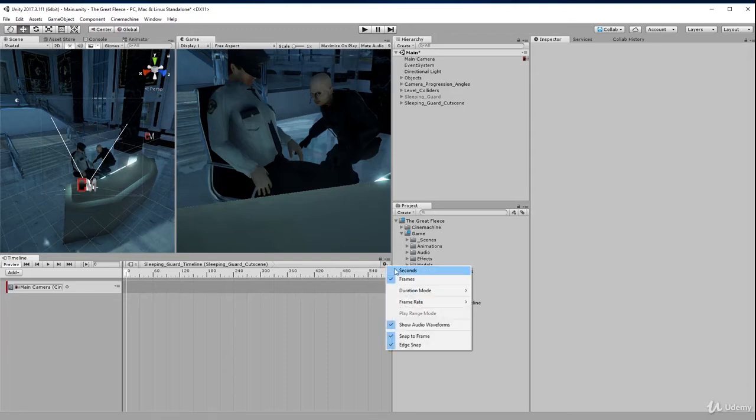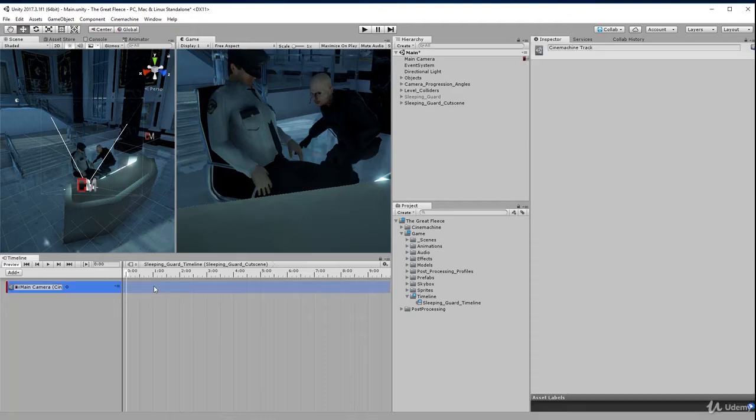If you drop that down, you can go ahead and change from frames to seconds. And these are 0, 1, 2, 3, 4, 5 second marks. So what we're going to do is add a virtual camera, and we're going to make it a 5-second cutscene of just our virtual camera. To do this, we're going to right-click in the timeline,